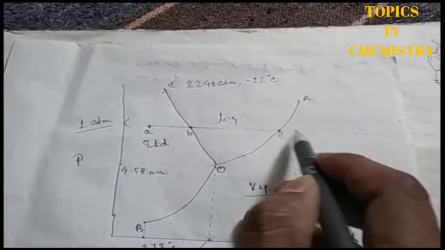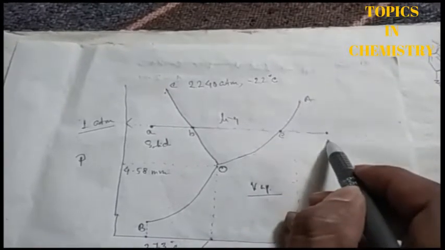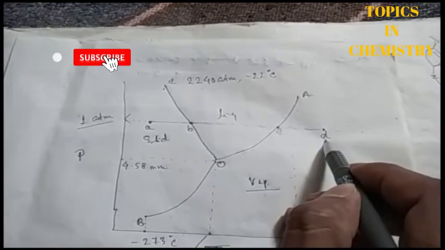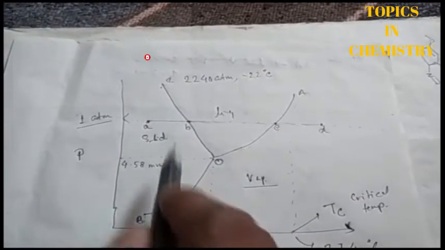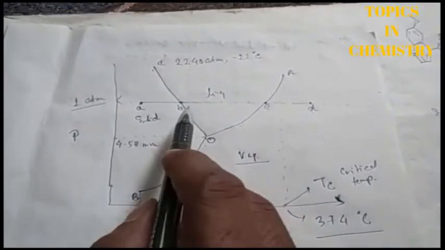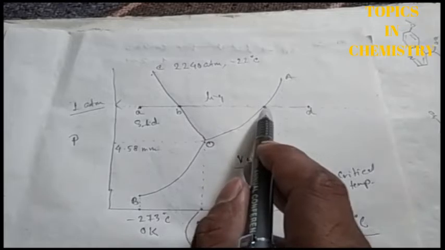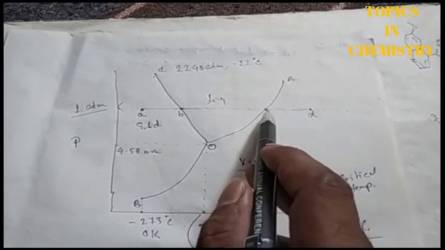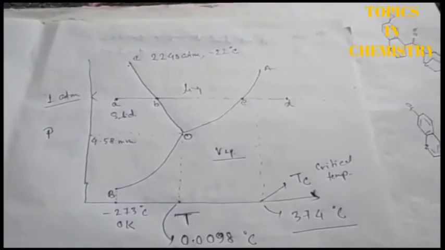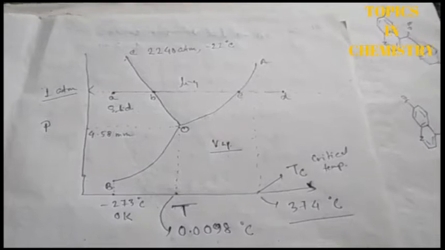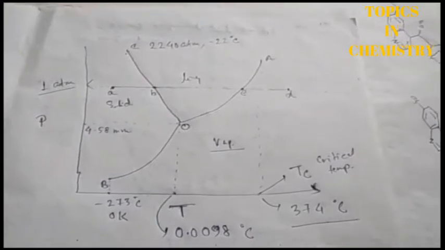And beyond C, if you go in the right hand direction of point C, you get point D. At point D, all is vapor. So at point A, this is solid. Now if you gradually increase the temperature, at that point solid ice converts to liquid. Here all is liquid phase. At the next point, liquid converts to vapor, and after that, all is vapor phase. So this is the change of temperature at constant pressure in the water system.